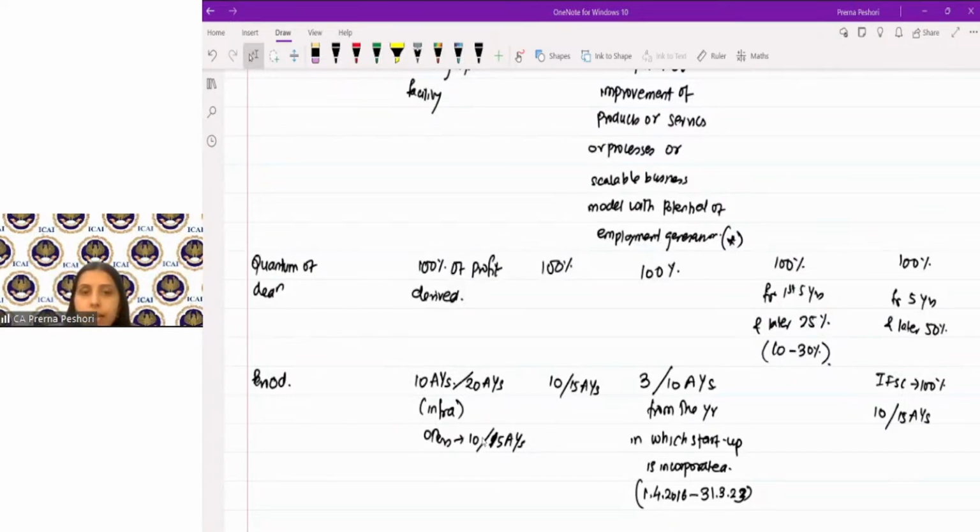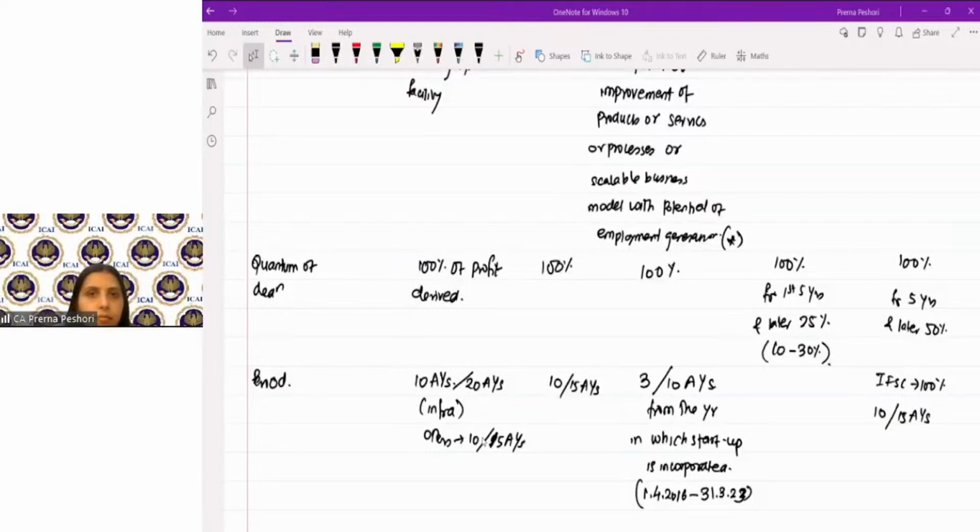So this means that, okay, you're asking the meaning for that. Okay, so this means that, Kaushiki, out of the 20 AYs which are there, from where the manufacturing is started or where the industrial unit is started, only 10 AYs will be eligible, or out of 15 AYs from when the production is started or the industrial unit is started, only 10 AYs would be eligible. Any 10 consecutive AYs you can choose out of the 15 years which are available to you when the particular business gets started.